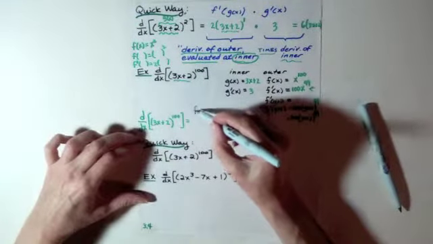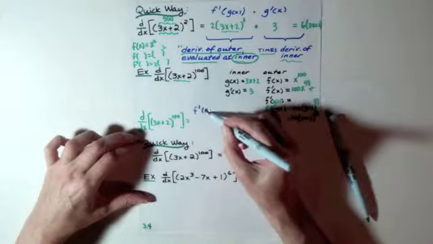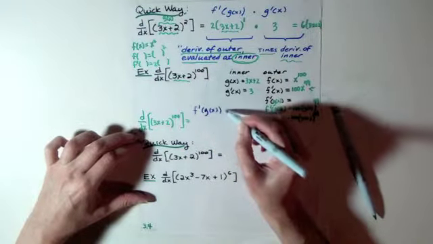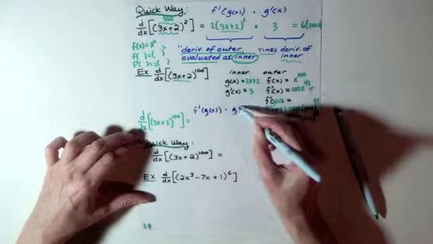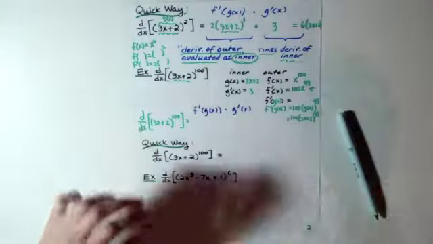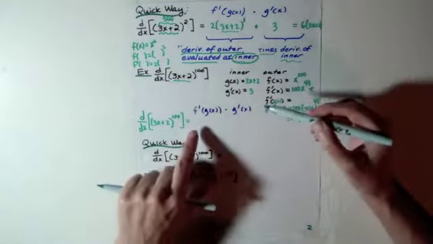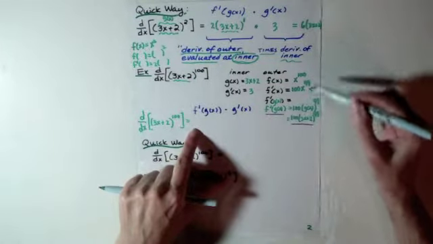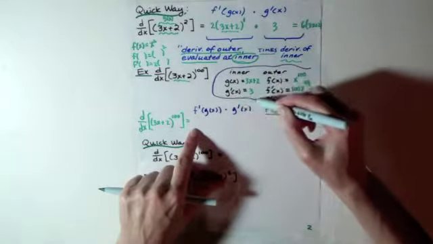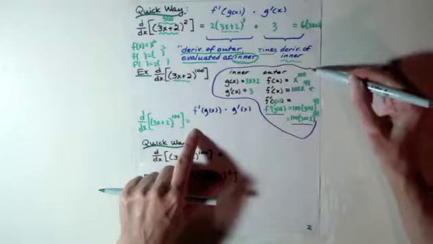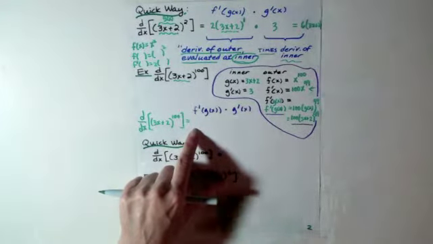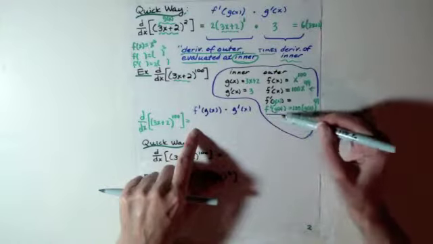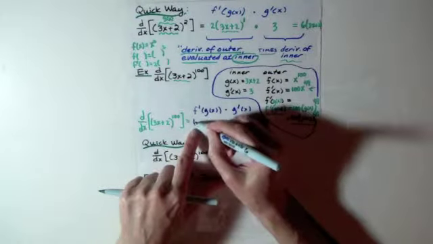Well, according to our rule up here, it's supposed to be f prime of g of x times g prime of x. So let's see what that is. F prime of g of x, well, that's what we figured out right here. You could think of this as all being a bunch of scratch work needed to find the derivative using the chain rule. So f prime of g of x is 100